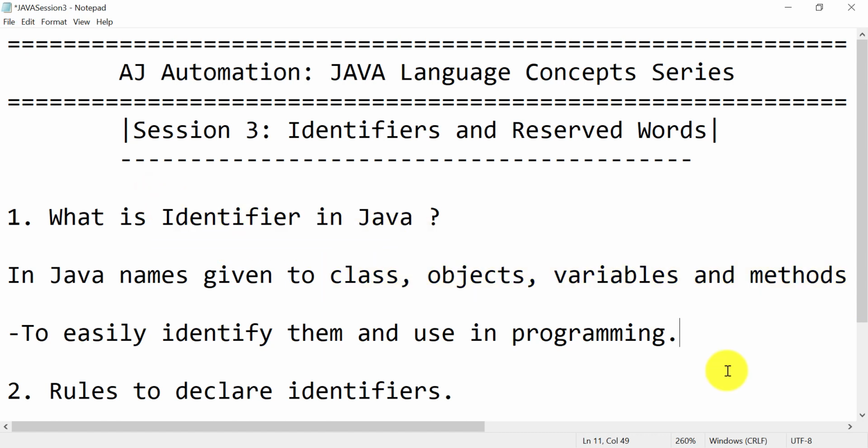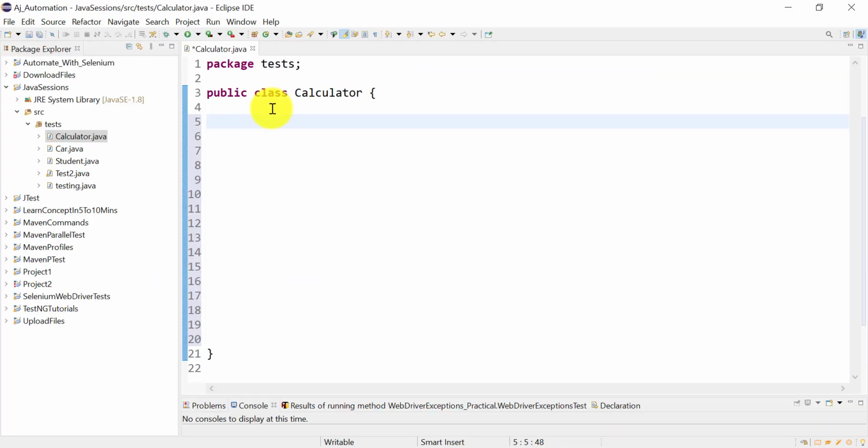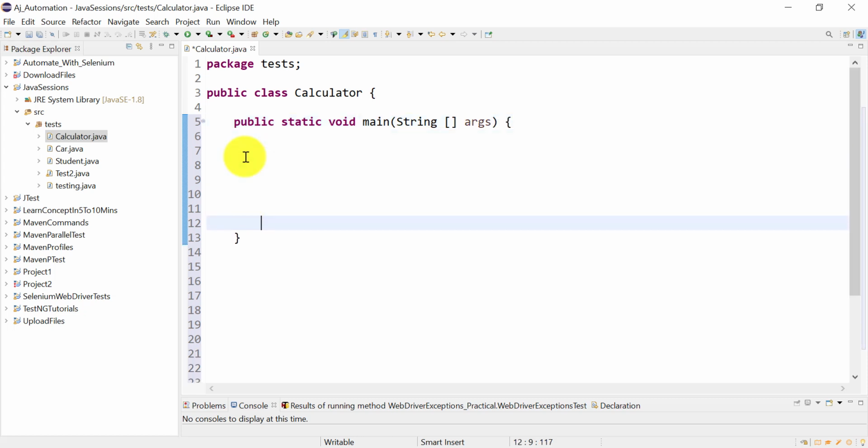Okay, so let's see one example, and we will try to find how many identifiers are there in that program. So this is our class, public class Calculator, and we can create the main method here, public static void main. Okay, this is our main method, and let us create some variables here.